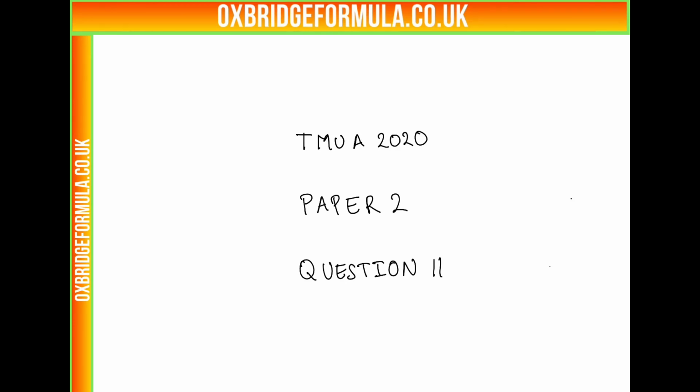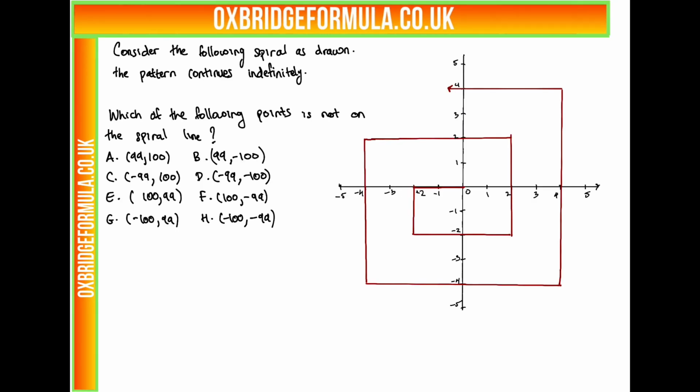This is a solution video for question 11, paper 2 of the TMUA 2020 exam. The question here is about this spiral which we've drawn here, and we're told that this pattern repeats indefinitely, so